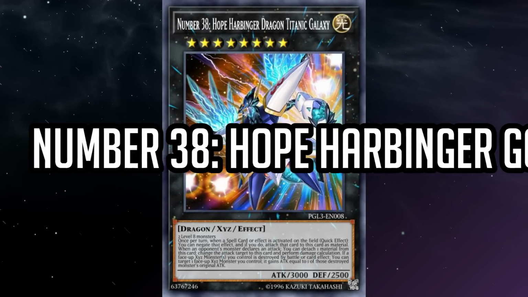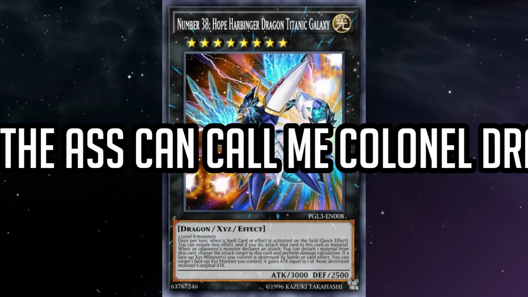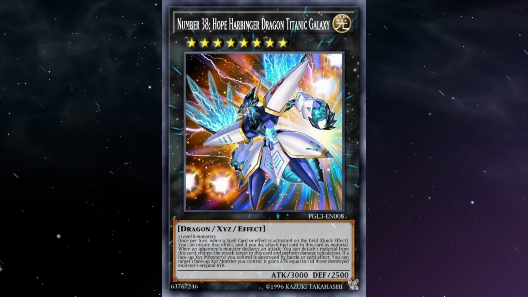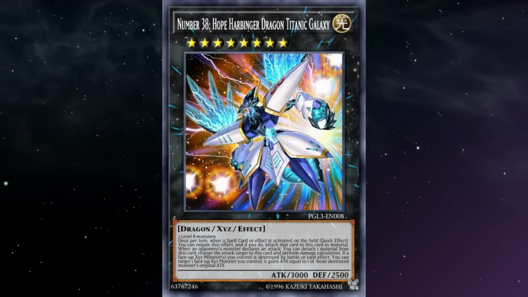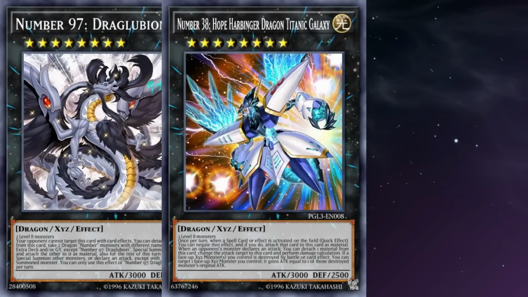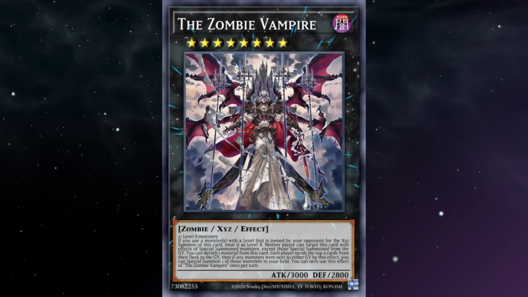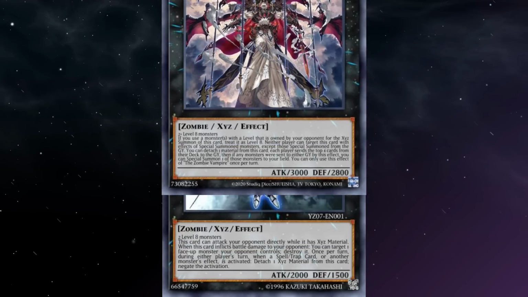Number 38, Hope Harbinger Good Golly Miss Molly Slap Me on the Ass and Call Me Colonel Dragon Titanic Galaxy is another way we can set up spell negation until we get Horus online. Or you can just OTK with Draglubian and any other rank 8 to get a 17,000 attack Numeron Dragon on board. The Zombie Vampire also isn't a bad option if your deck is full of Grave synergies,